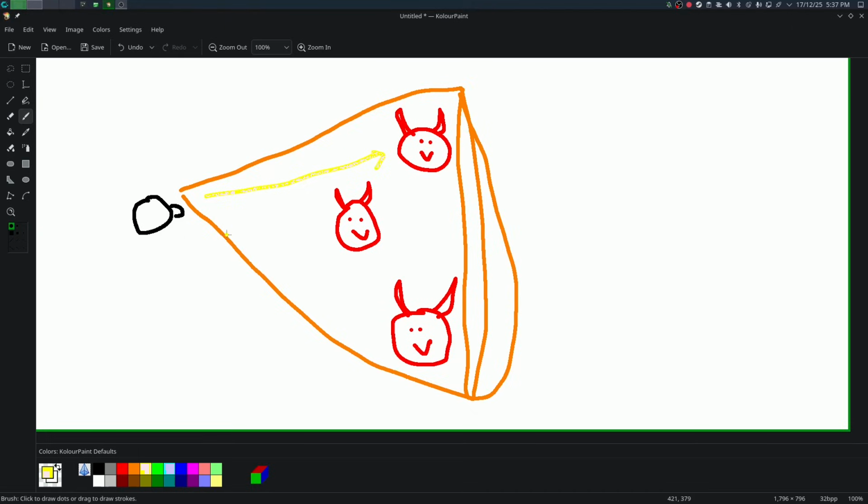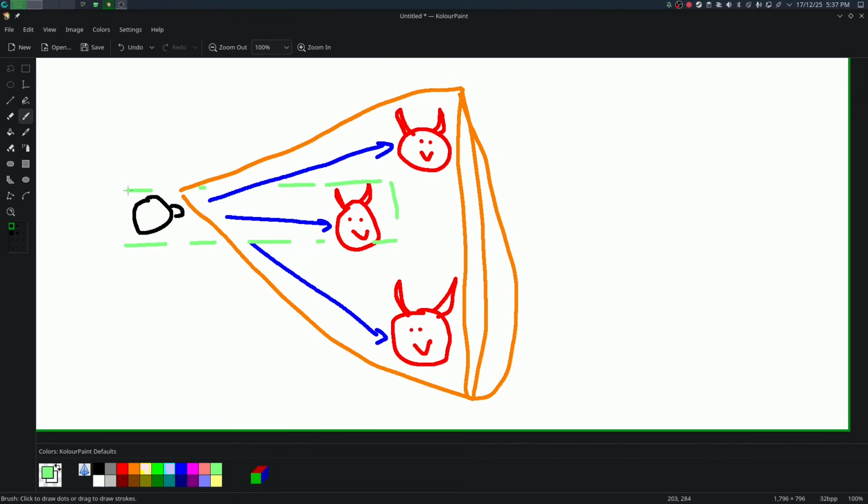Now, the question arises, how do we calculate exactly which enemy we lock onto? There are actually a lot of ways you can go about this. However, the most common method used by typically all games is just picking the nearest enemy to you. Of course, there are some other methods as well, adding some angular calculations and whatnot, but the distance method is typically the most common one. So based on that, our lock-on target would be this middle enemy right here.